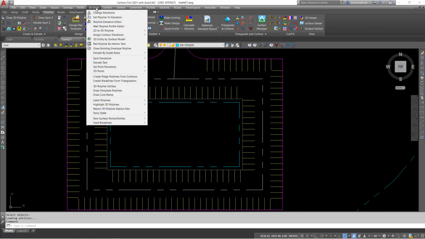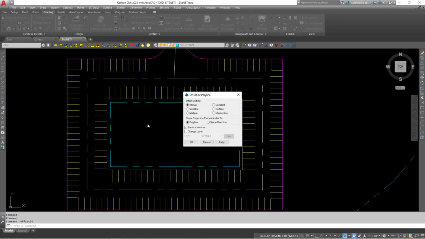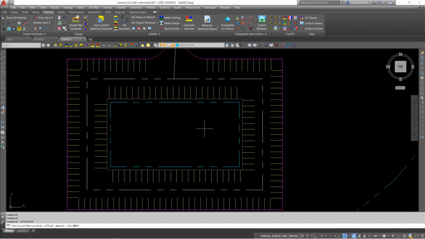To design this, I'm going to be using a 3D polyline tool called Offset 3D Polyline. This operates very similar to a regular offset command, but I'm going to put in a 5-foot offset for the sidewalk. But then to offset it, I can add a slope to it. So I'm going to use P for percentage of slope, and enter in a slope for that sidewalk. So I hit P for percent and enter the slope, which is going to be a -2%. And it offsets that and has built a polyline now, 2%